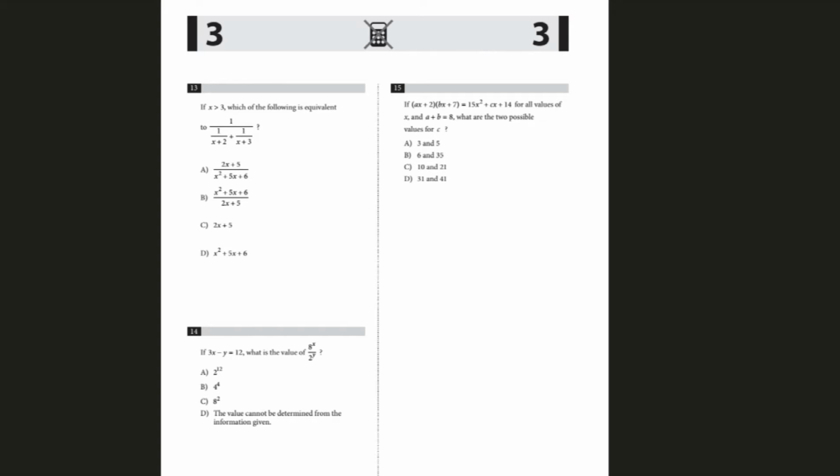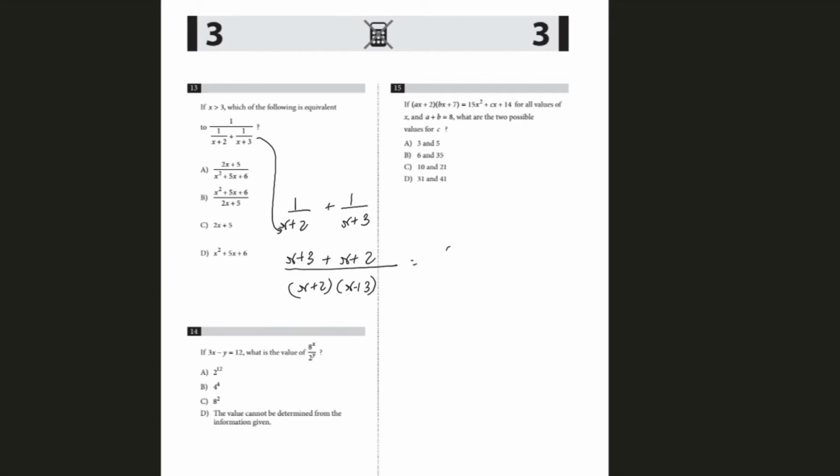If x is greater than 3, then which of the following is equivalent to 1 upon x plus 2 plus 1 upon x plus 3? So basically, let's simplify this. It would get really complicated if you just take the entire thing at once. So x plus 2, x plus 3, and this will basically give you,